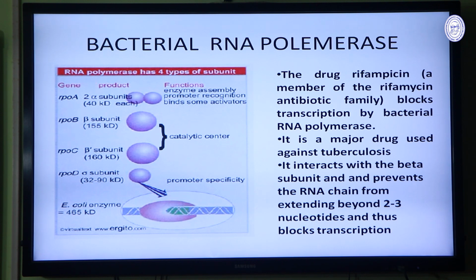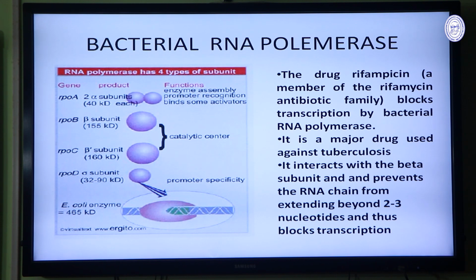So, the bacterial transcription will be stalled, but the host transcription will not be altered. In this way, we can kill the Mycobacterium tuberculosis. So, there is one drug, that is rifampicin. It is widely used in the treatment of tuberculosis, and this rifampicin actually binds to the beta